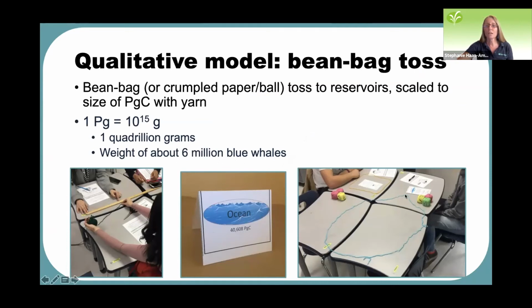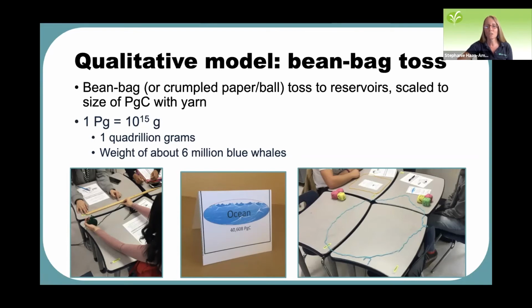They are modeling the carbon reservoirs of the Earth with these scaled yarn models, and these are the reservoirs that the students will be aiming for as they conduct a beanbag toss. The models are scaled to the petagrams of carbon contained in each.